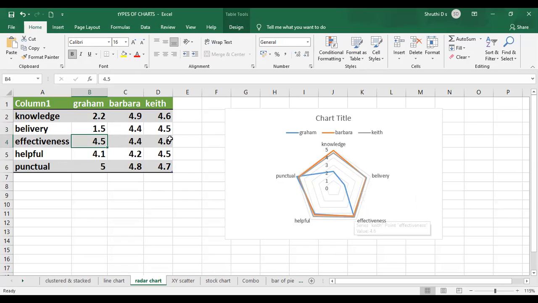Here effectiveness, if you change it, I'll just change it to 1.0. See, even the effectiveness came to this point. Like this, your web can be designed.